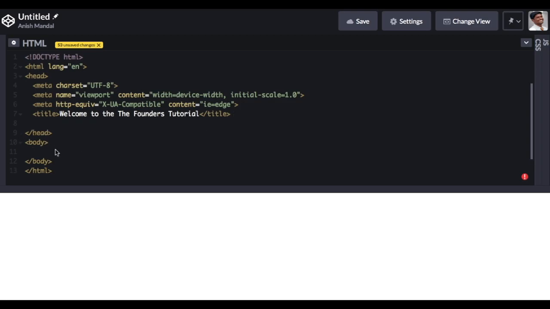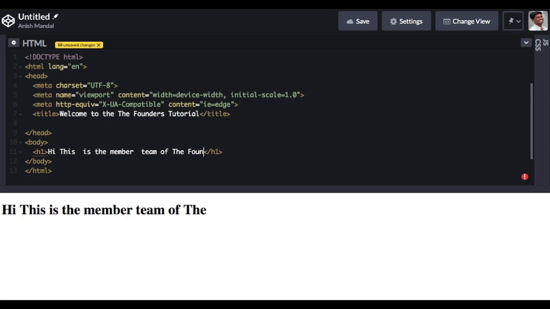Let me mention some message here. So inside the head tag, what you have to do is write your JavaScript code in between the script tag.